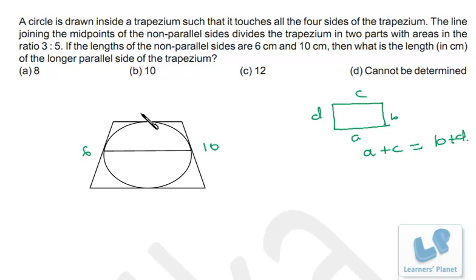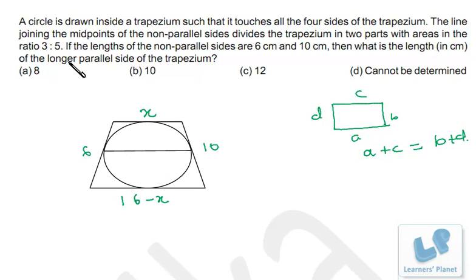So see, over here it is not given that this plus this will be 16. But what is given over here? A circle is inscribed in this. Now a circle is inscribed in this, that means this plus this must be equal to this plus this. So I suppose this to be x, then this must be 16 minus x. So the story of the circle, that a circle is drawn inside a trapezium, is just giving you the clue that the sum of these two is 16. Otherwise there is no use of the circle. You can see it very well, right?